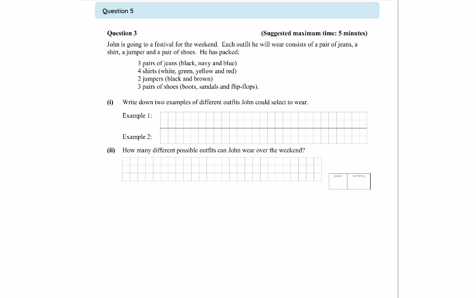In this question, it could easily be meals, starters, mains, desserts, and aperitifs, but in this case it's John going to a festival. Instead of food, it's just clothes. Examples of 2 different outfits John could select to wear. Well, he could wear black jeans. This is what they're looking for here. Black jeans, white shirt. Seems silly, but you know the maths behind this. Black jumper